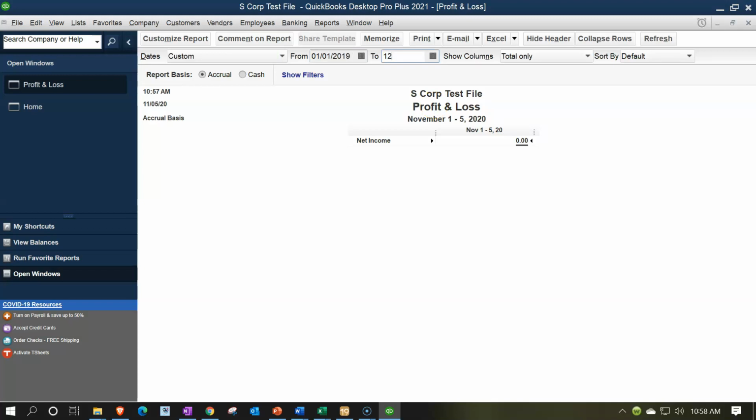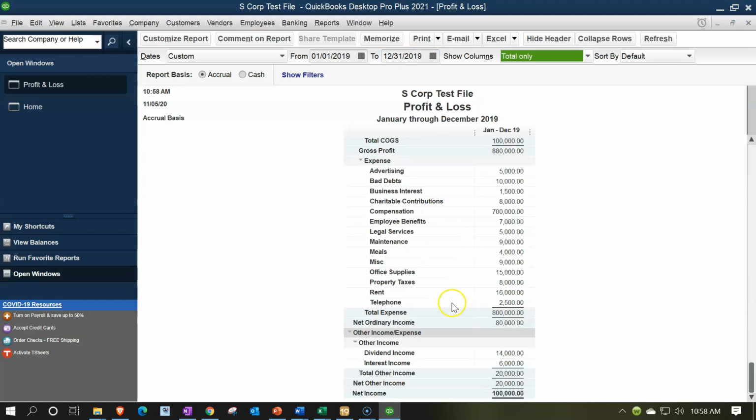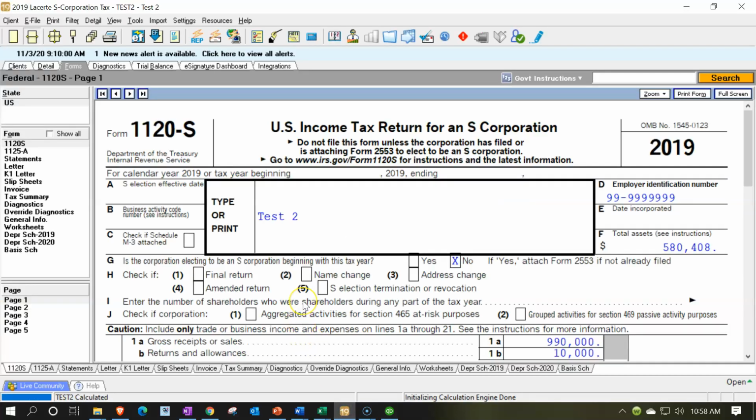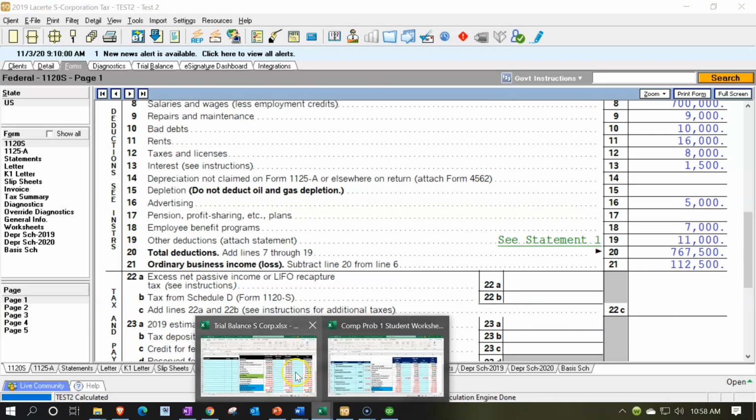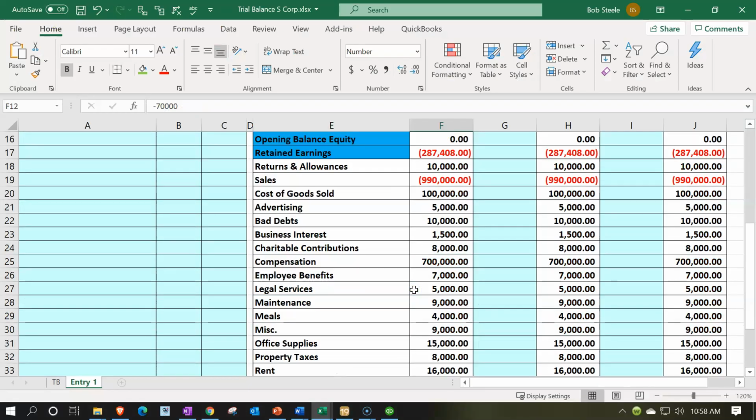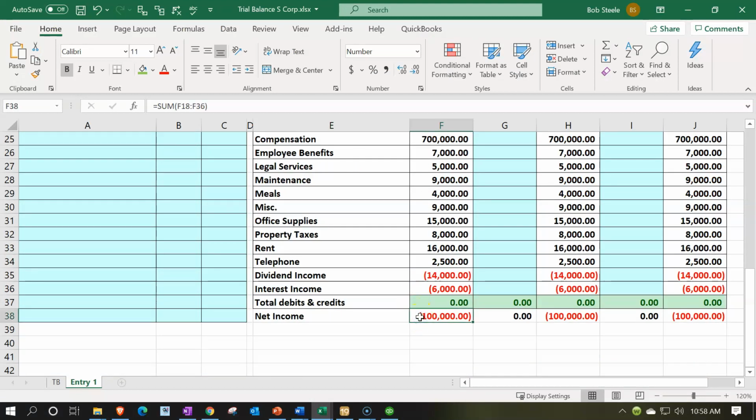01/01/19 to 12/31/19. We have the 100,000. We exported that to the tax software. Tax software now showing on the tax side 112,500, and we exported to Excel and put together our Excel worksheet where we can see the 100,000 here. We want to reconcile between that 100,000 and what's in the tax software and make any adjustments that need to